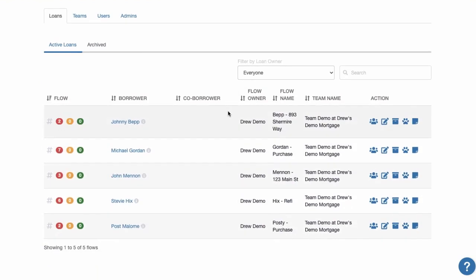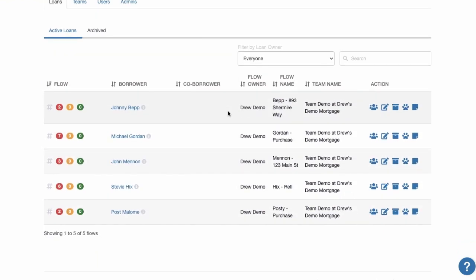Now this is what we refer to as an All Teams dashboard. This is where you can view all loan flows under your company dashboard for all teams. You can simply scroll down and you'll be able to see all activity for these loan flows. Per the usual, you can view any docs owed, any docs pending, or any docs that have been accepted for